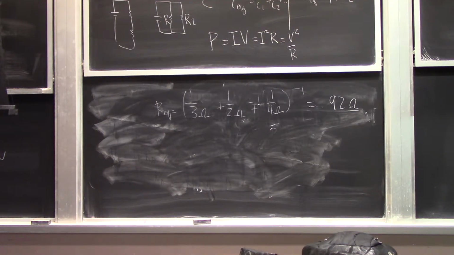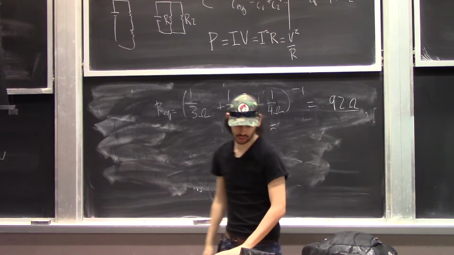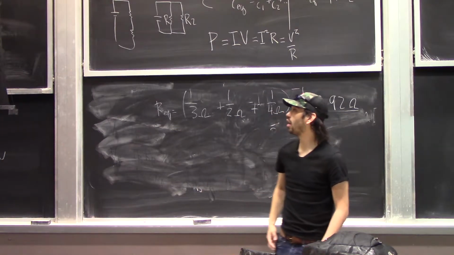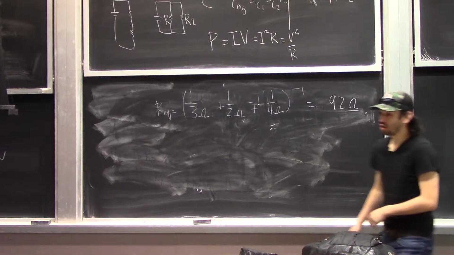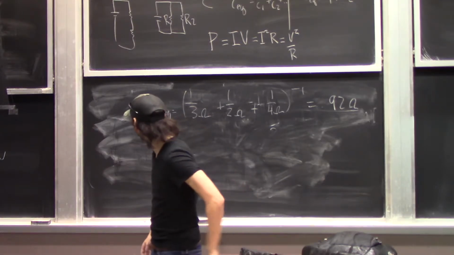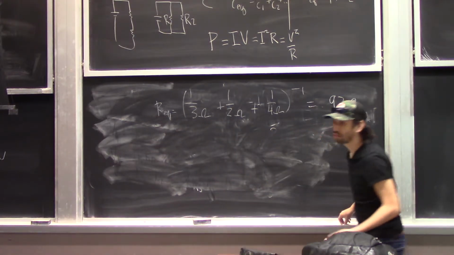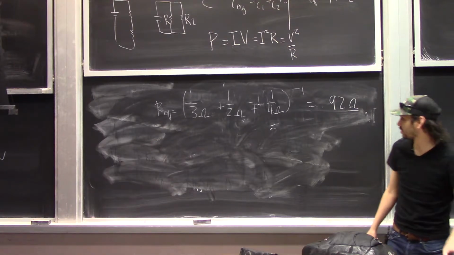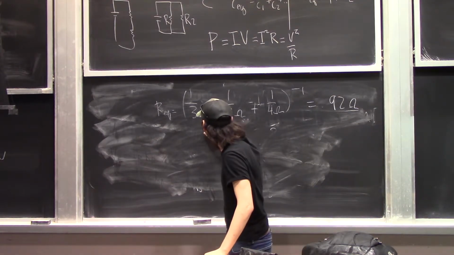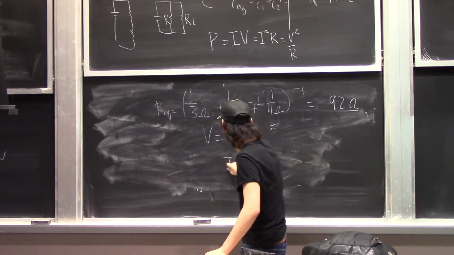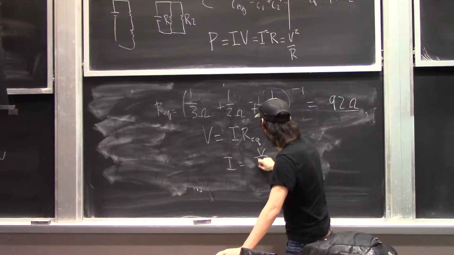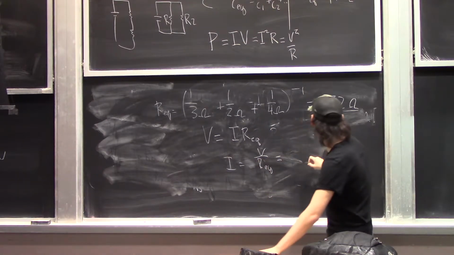Now what we want to do is find what the total current is out of the battery. So go ahead and do that really quickly. All right, so we should have this one, right? Same kind of process we went through with the last one. Once we have the equivalent resistance, we can say that the voltage is going to be equal to the current times the equivalent resistance, or the current is going to be equal to the voltage divided by the equivalent resistance. And so this is going to give us